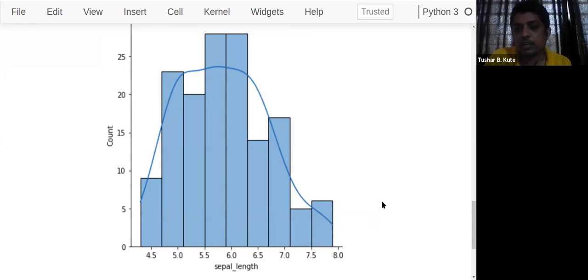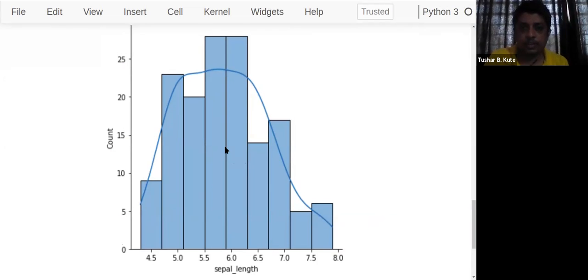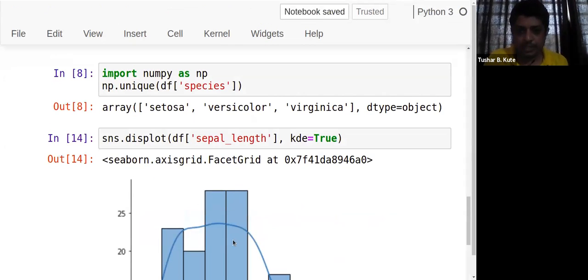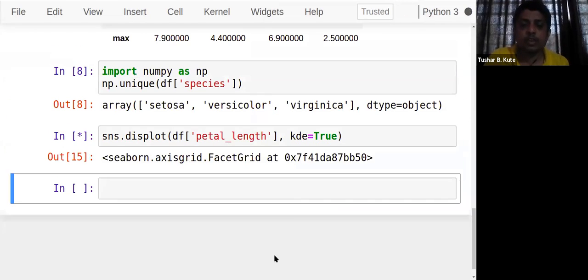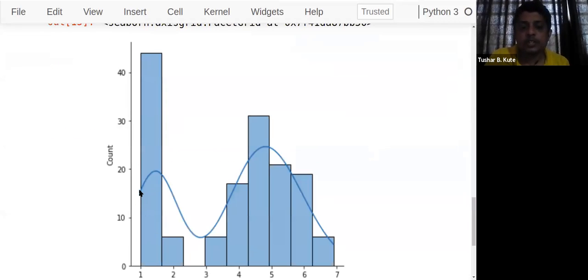See, this plot is a KDE plot. The probability of having the maximum value in a range will be shown by its ups and downs. Now see, only a single bell curve is there. The bell curve is actually the ideal shape that we can say. Now for petal length, see how it is. This is somewhat higher, then lower. Again it's coming up, again coming down. So variations in the data can be seen by the smooth curve. It's called a KDE plot.